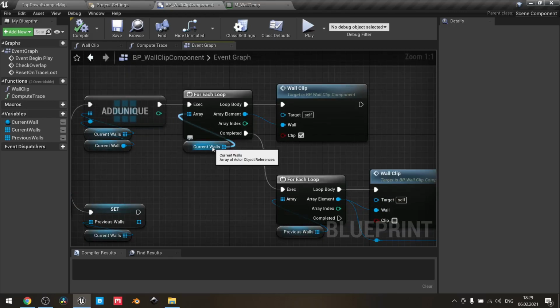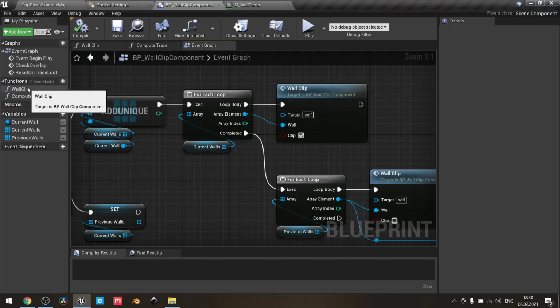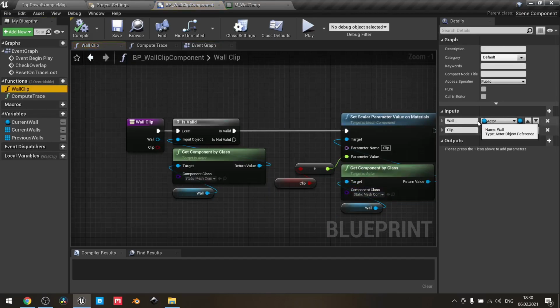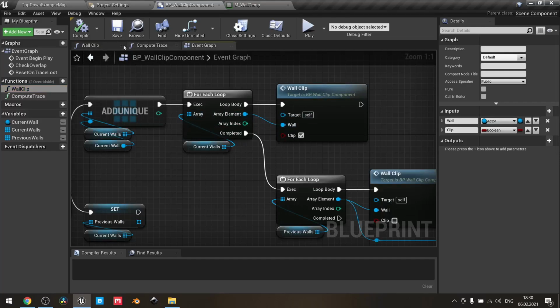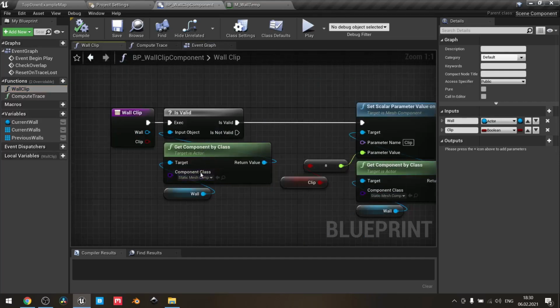So it means that we are standing behind the wall or the walls. It can be rooftop and side wall. So we need to apply our transparency function to both of them. Wall clip is a function also which has two inputs, actor and boolean, wall and clip. We check whether wall that we produce here through our array actually, if it has valid static mesh component. If it's so,